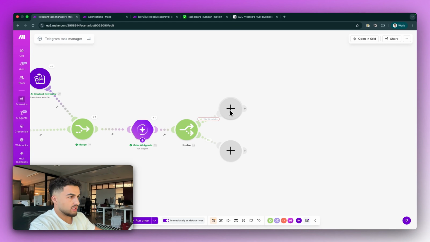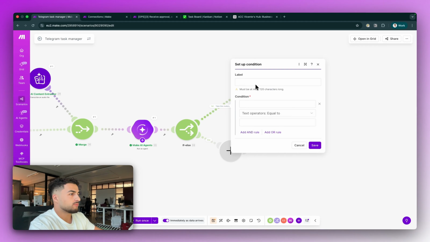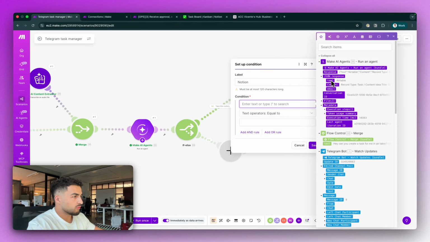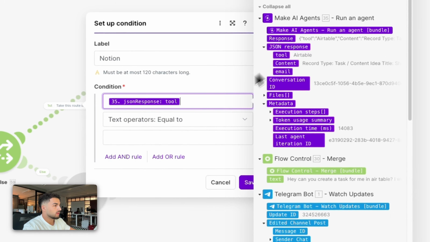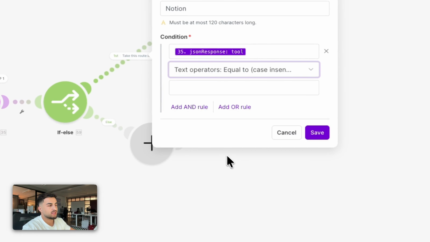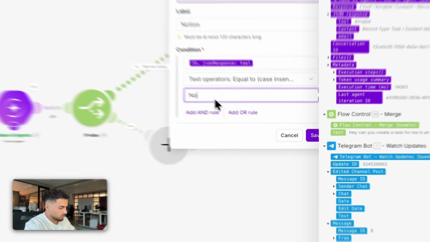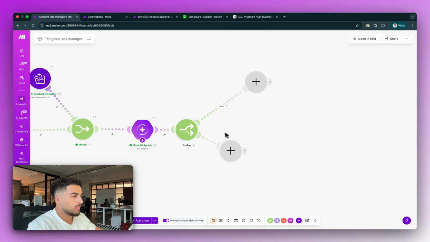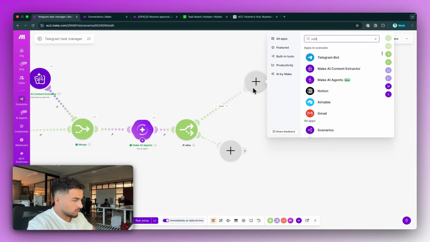So in the instructions, I say, okay, if I say create a task in Notion, the output of the tool of the AI agent should equal to, and if you don't want to risk it, just do case insensitive. But this is the same word. Just in case the AI agent outputs it with a lowercase. If it's Notion, I want Notion,